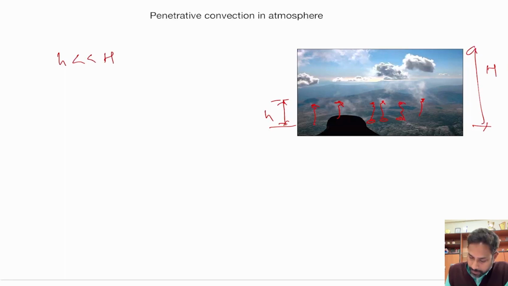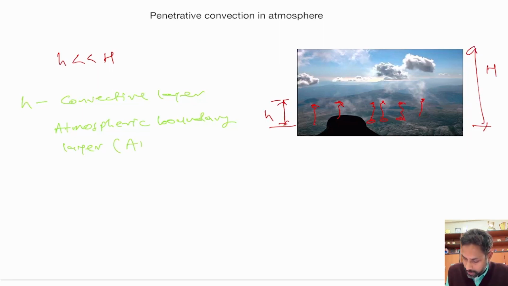Where small h is of the convective layer, which in case of atmosphere is also known as the atmospheric boundary